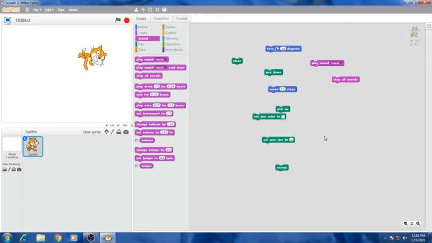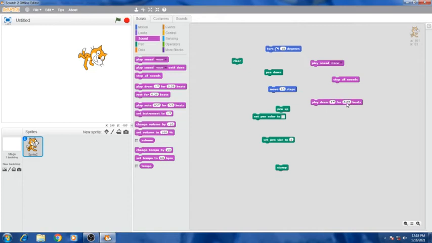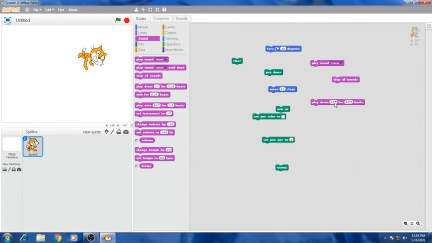The next one is play drum 1 for 0.25 beats. That is one instruction where, if you want some beat or some music type, like bass drum, you can simply choose the option here. What will happen, let's see. If you click here, don't you hear this sound? You can hear a single beat. According to your wish, you can change it in different ways. Here I just changed it to 13, so see the difference. This way you can arrange different sounds for the sprite.